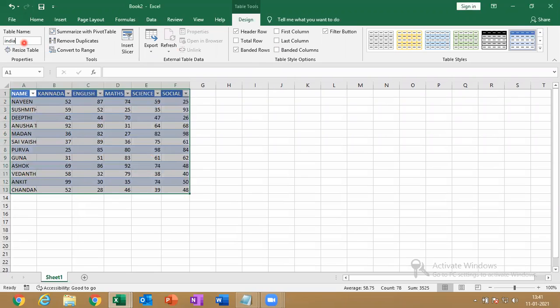Space is not allowed here. You have to give underscore only. If you want a space, you have to give underscore. Space is not allowed. Is that clear?